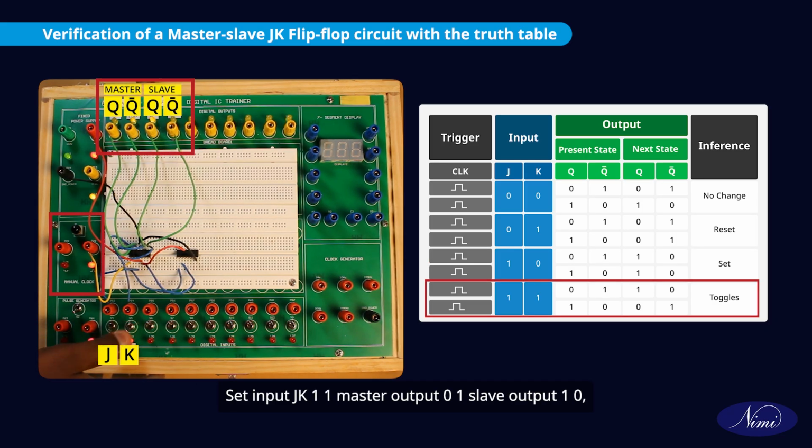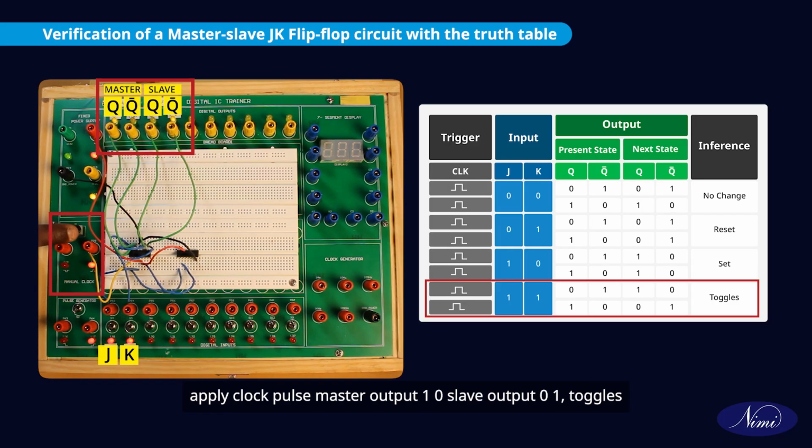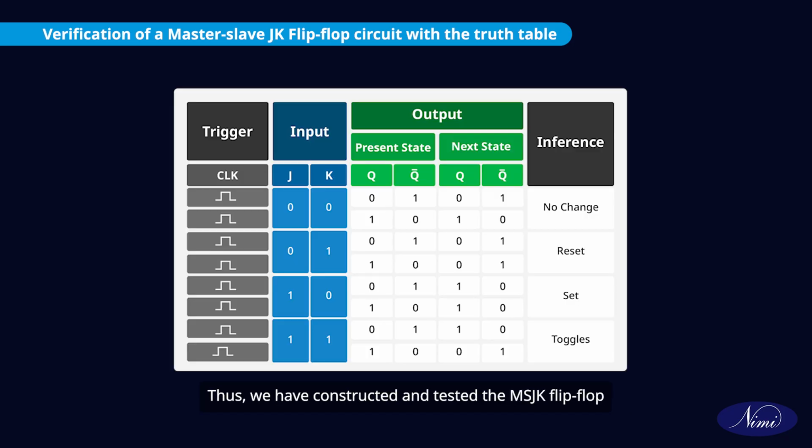Set input JK 1 1, master output 0 1, slave output 1 0. Apply clock pulse, master output 1 0, slave output 0 1 toggles. Thus, we have constructed and tested the MSJK flip-flop with their truth table using